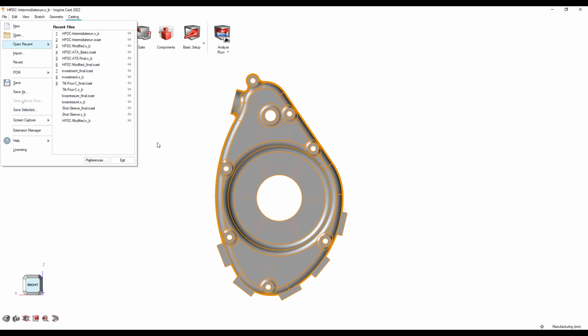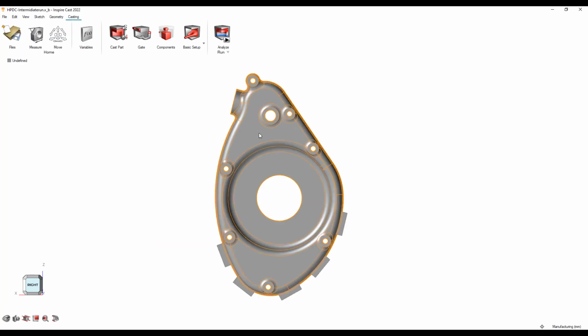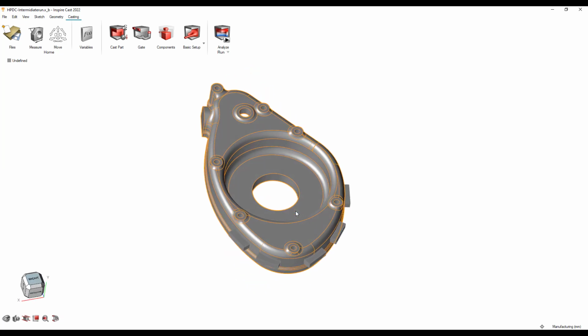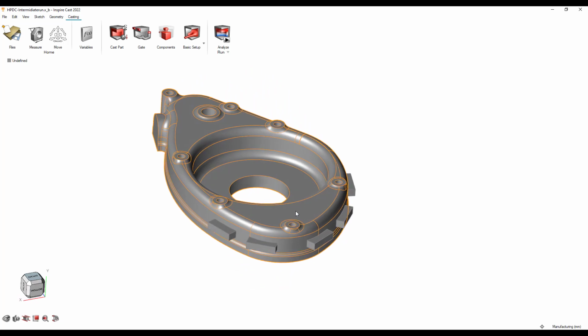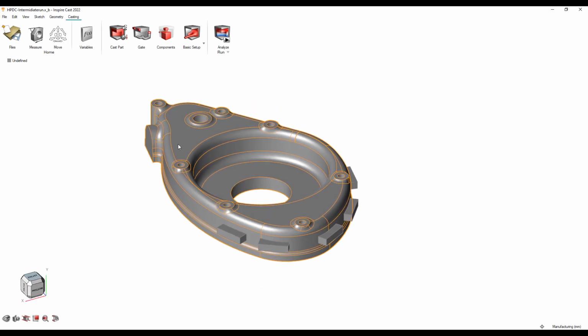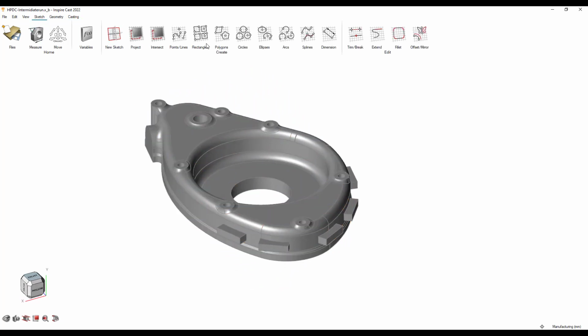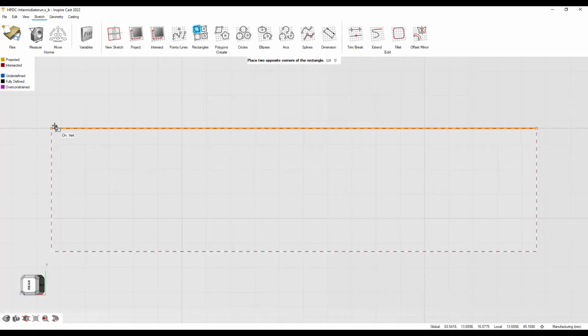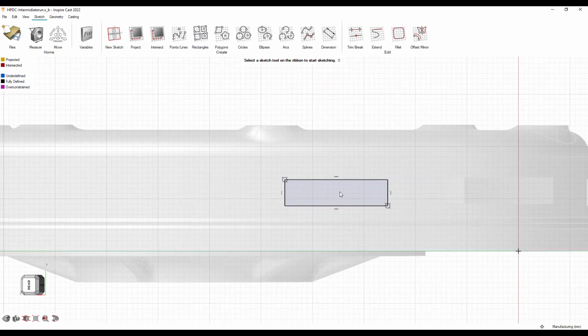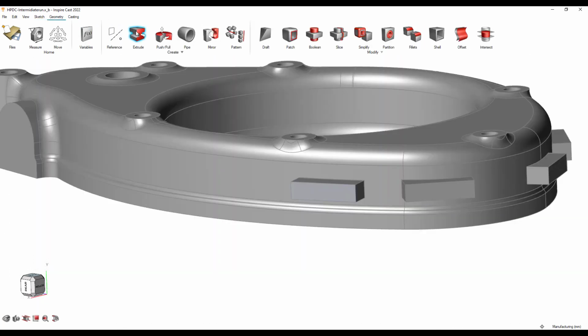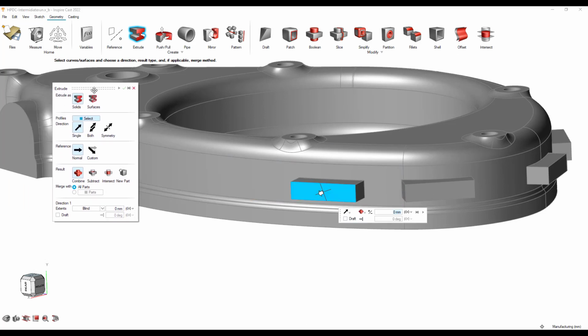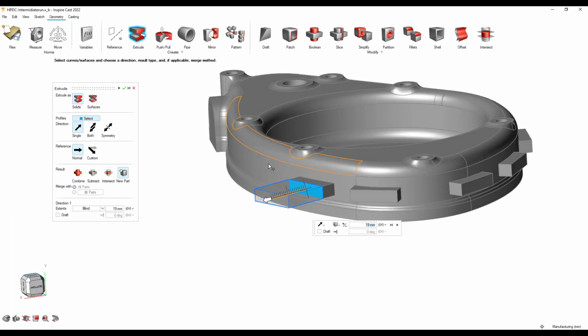First of all, for the previous run, I saved the part and the gates as a Parasolid and imported it again. So you can see I have my part and gates already allocated on the specific locations. Now, using the sketch tool, I can create additional geometries, and use geometric creation capabilities to create an extrude out of this